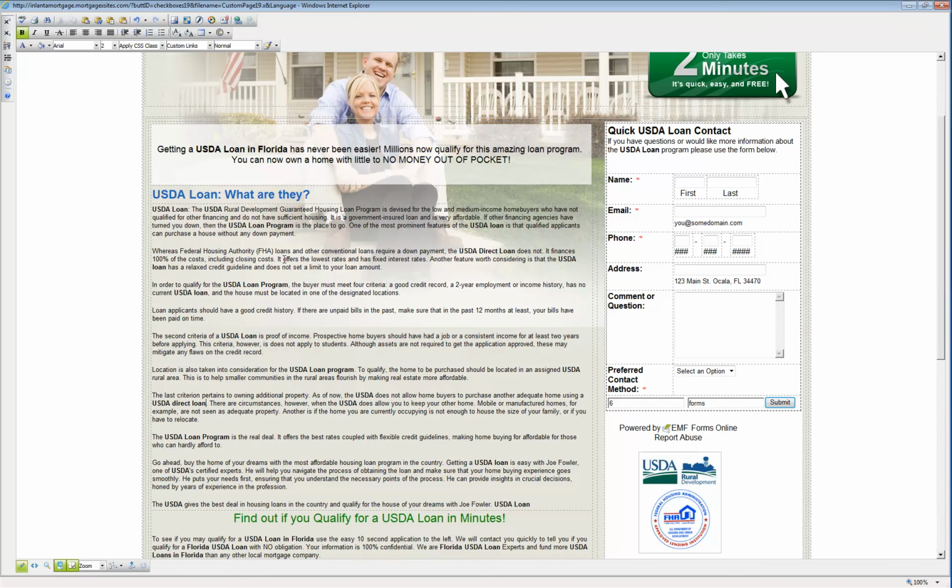There are circumstances, however, when the USDA does allow you to keep your other home. Mobile or manufactured homes, for example, are not seen as adequate property. Another is if the home you are currently occupying is not enough to house the size of your family, or if you have to relocate. The USDA Loan Program is the real deal. It offers the best rates coupled with flexible credit guidelines, making home buying more affordable for those who can hardly afford